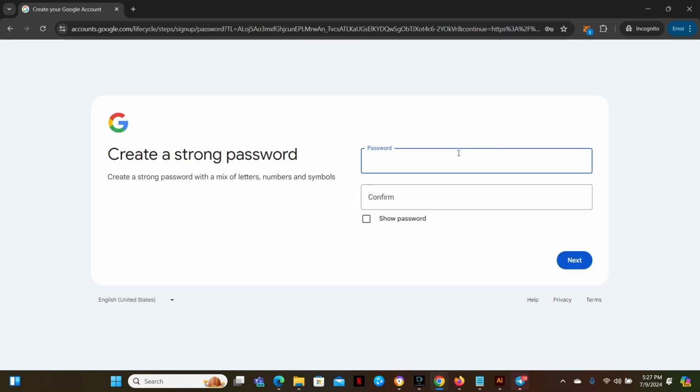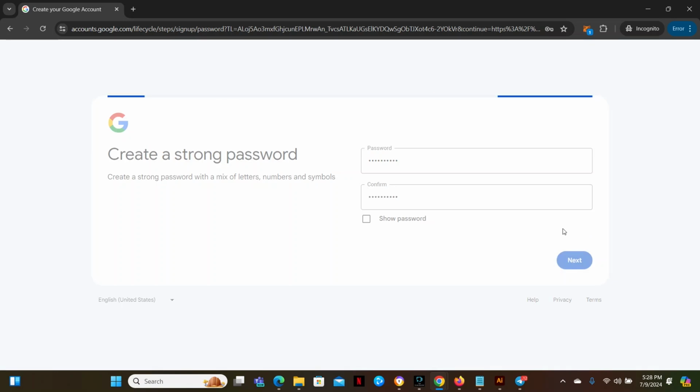Next, input your password. Now you confirm your password. Your password should have a minimum of 6 to 8 characters. After confirming your password, next,